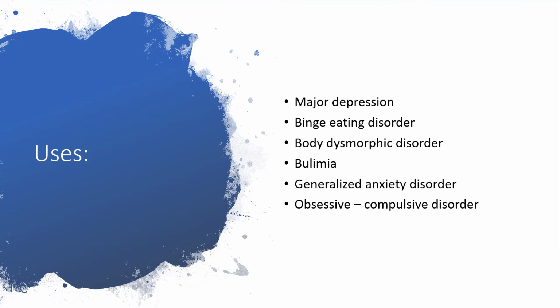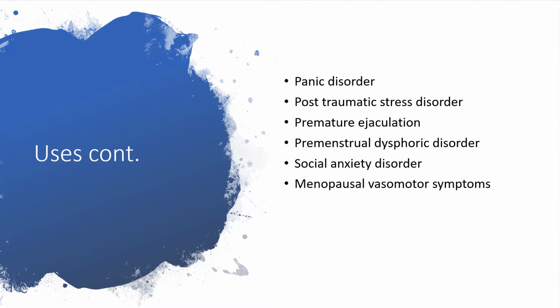Uses. Selective serotonin reuptake inhibitors, using Zoloft as a typical example, will be helpful in the face of major depression, binge eating disorder, body dysmorphic disorder, bulimia, generalized anxiety disorder, obsessive compulsive disorder, OCD. Also useful in the face of panic disorder or post-traumatic stress disorder, premature ejaculation, premenstrual dysphoric disorder, social anxiety disorder,